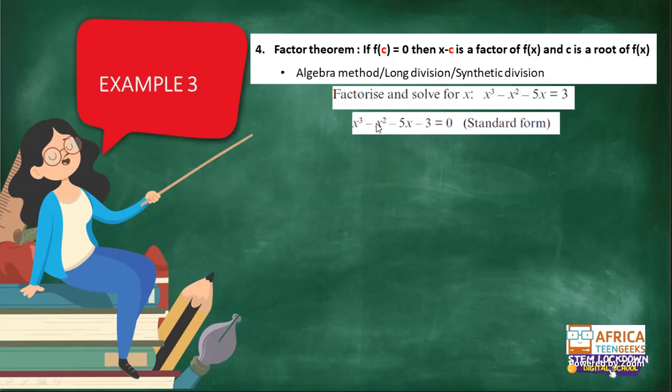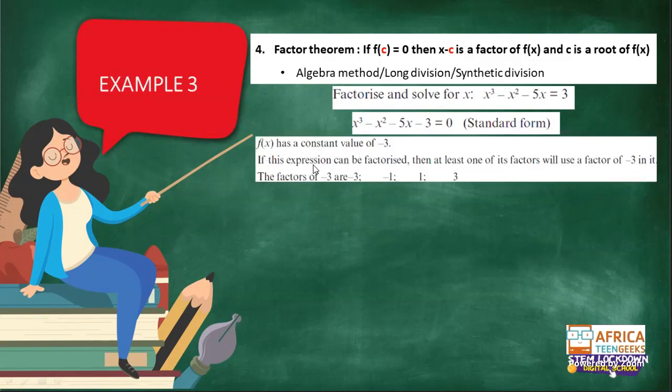The first thing you need to do is to write your function in the standard form. And then after writing your function in standard form, you will try to use trial and error. From one of the methods, if you have -3 and the coefficient is 1, and you don't know where to start, you simply start at 1. This is just trying to give you a range of values you should try out.